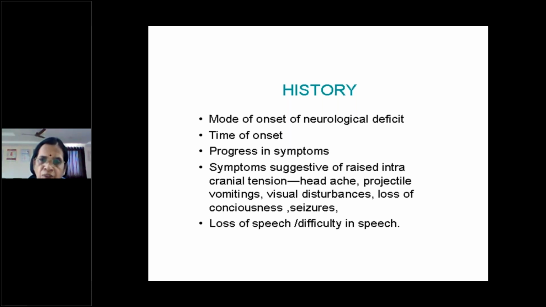Then the time of onset. In the case of CVA, cerebrovascular accident, usually the stroke occurs in the early morning: the patient develops weakness of one side, the upper limb and lower limb, when he wakes up in the early morning. That usually means a thrombotic etiology, because during the night when the patient is sleeping, it is a gradual onset. Thrombosis occurs where the circulation is slow, so thrombotic attacks are more common.